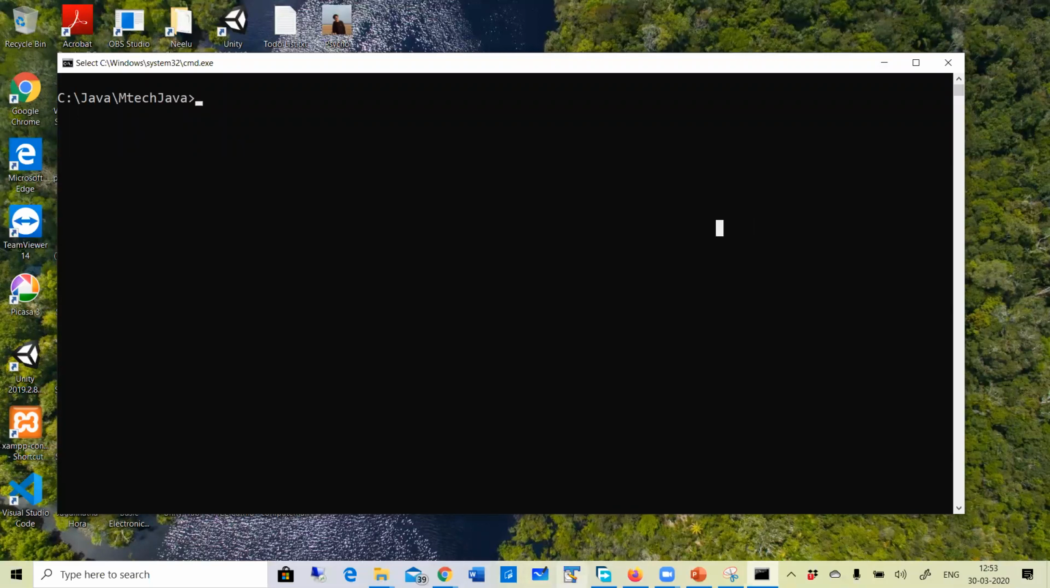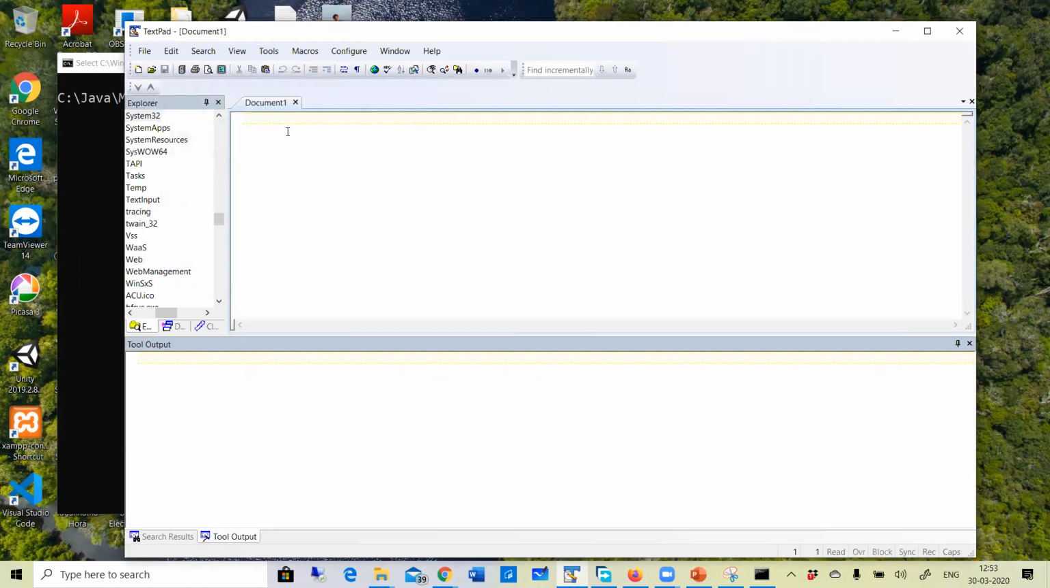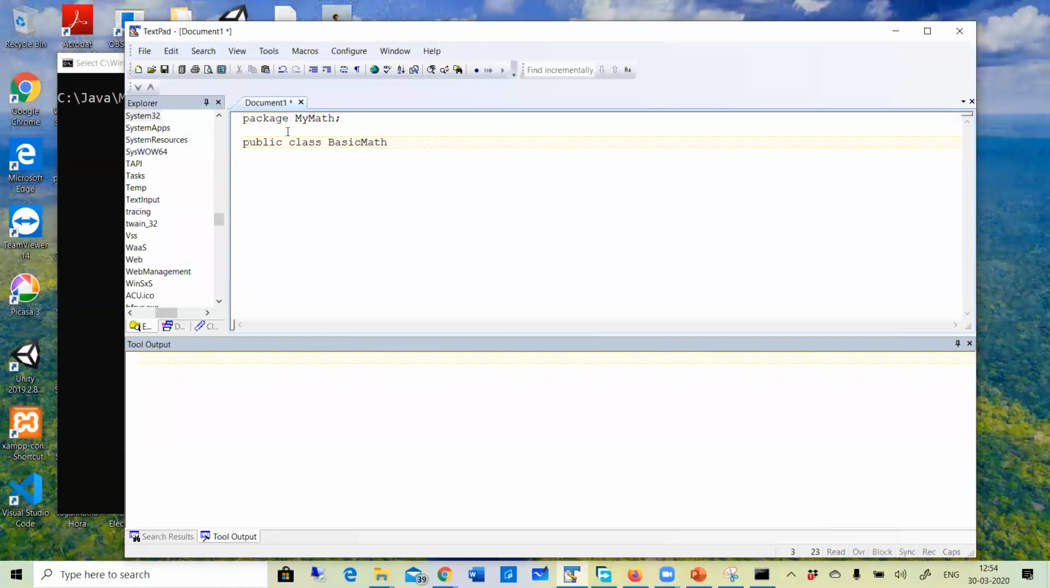Okay, let it be here. And this will create another file for you. Now, let's create a package mymath. Okay, it's called the mymath package. Now here I am writing a public class BasicMath, which opens up here and which has